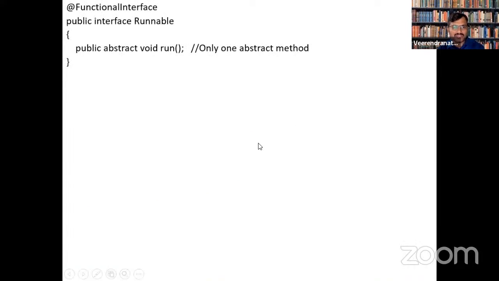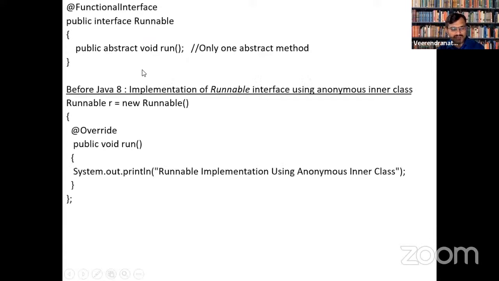Then if you go for the next example, when we have Runnable, before Java 8 we used to write this and have our own implementation. You can call it an anonymous class or implicit class also. Anonymous inner class is the exact name that we can give for it.